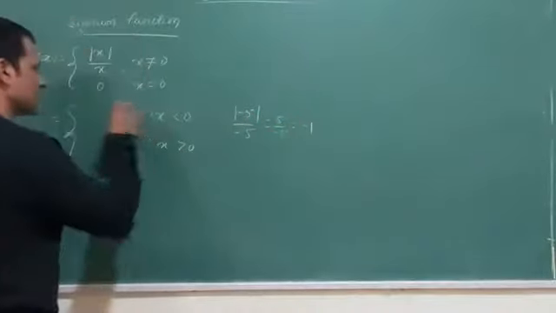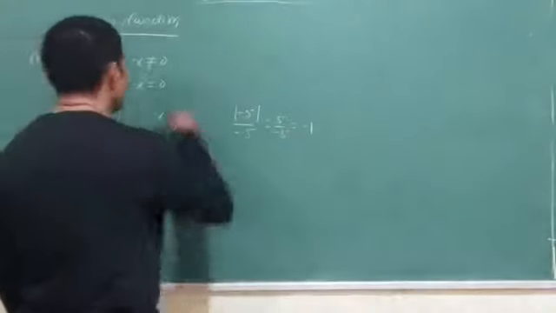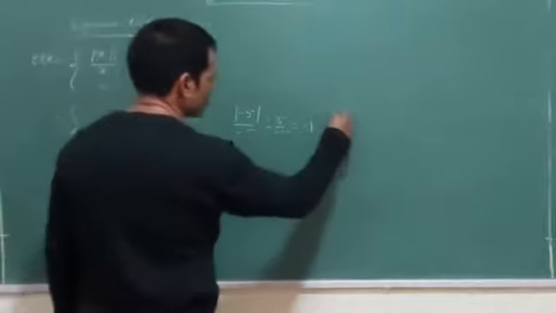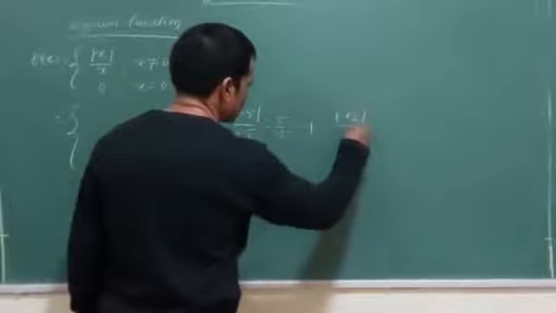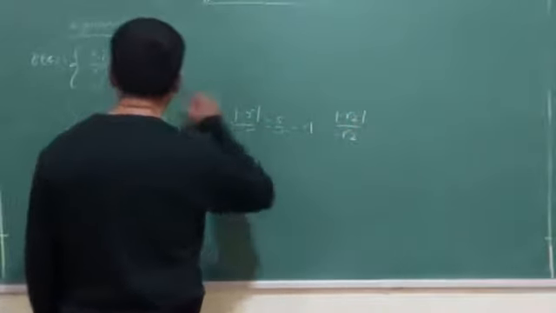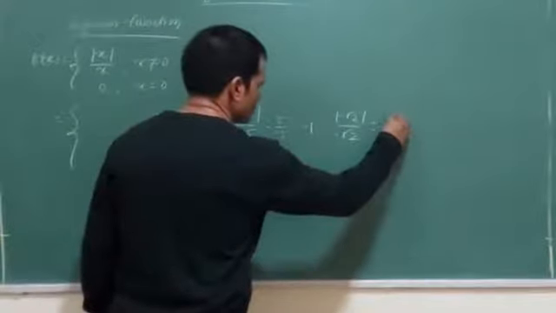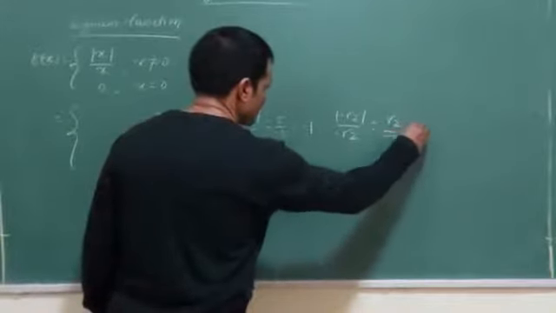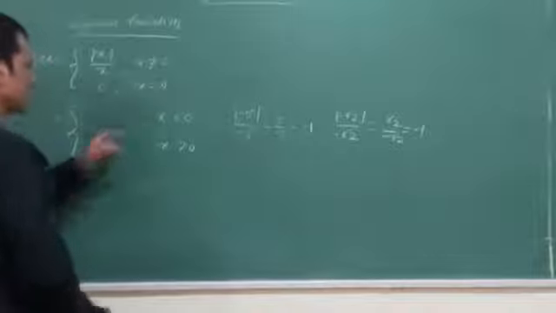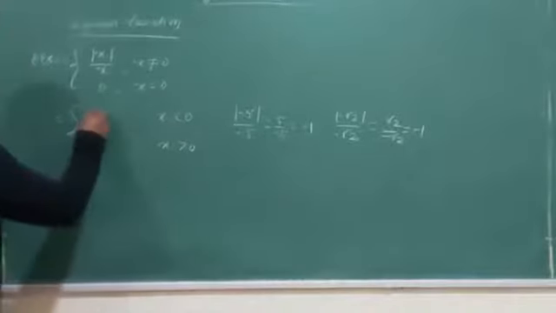No sir, I want to take some other value. Minus root 2. Less than 0, I'll take minus root 2. Minus root 2 modulus by root 2, minus root 2, because the denominator is not having modulus. So that gives you root 2 by minus root 2, which equals minus 1. So any value you take less than 0 gives you minus 1.